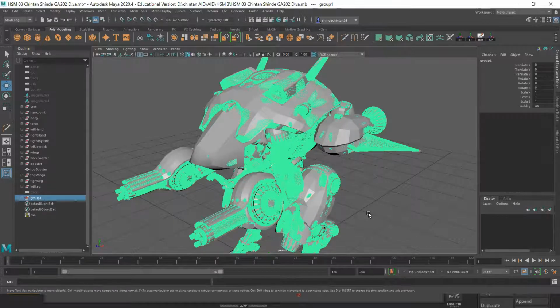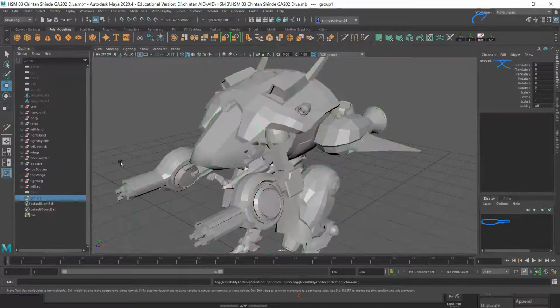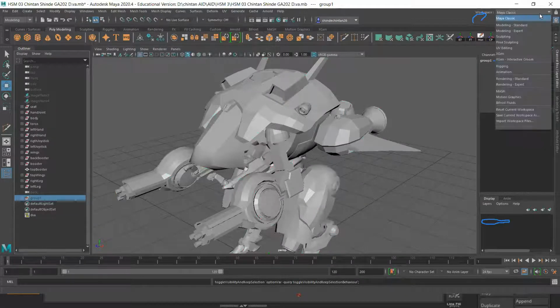Can you switch on your wireframe? Hide your high poly first, and switch on your wireframe. Select your high poly and press Control H, or just H if you're using 2002.